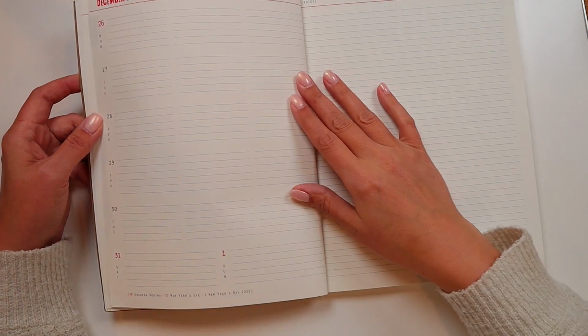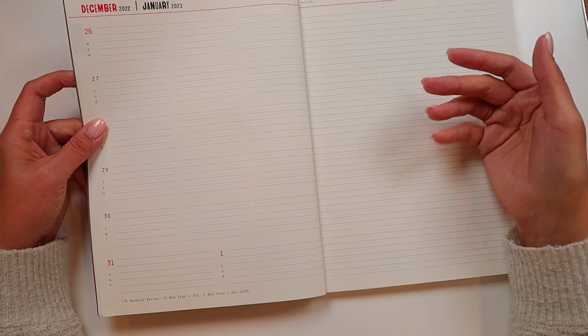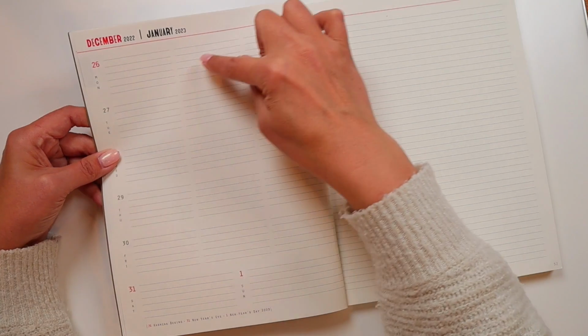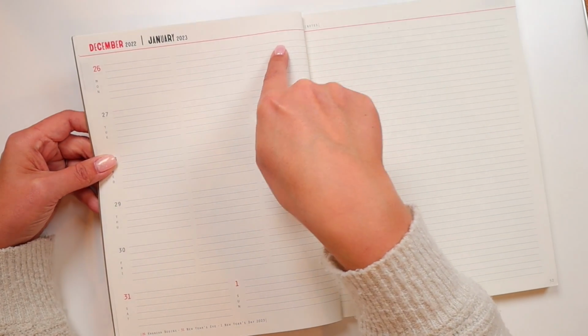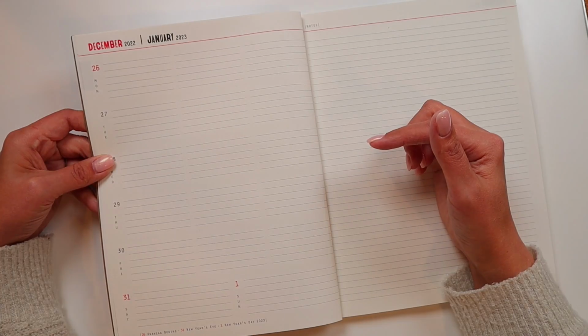The holidays continue. They're listed here on the bottom, and the days are in red. So that is the same as it would be on the monthly. It's the same holidays, but again, you could cover this up, whatever. It gives you a little lined section. You get 3 lined sections per day for the weekdays, and each lined section has 6 lines per section,